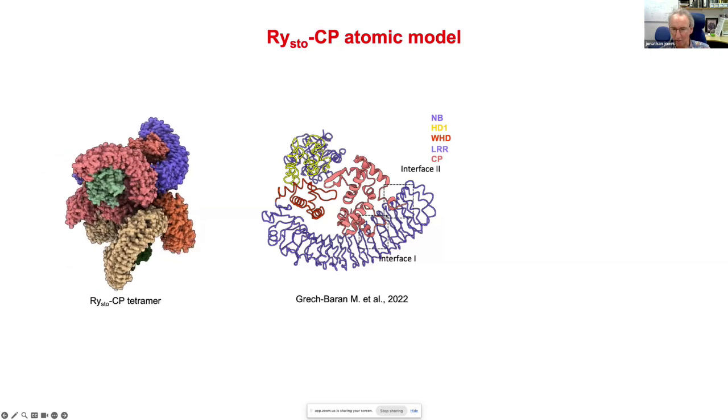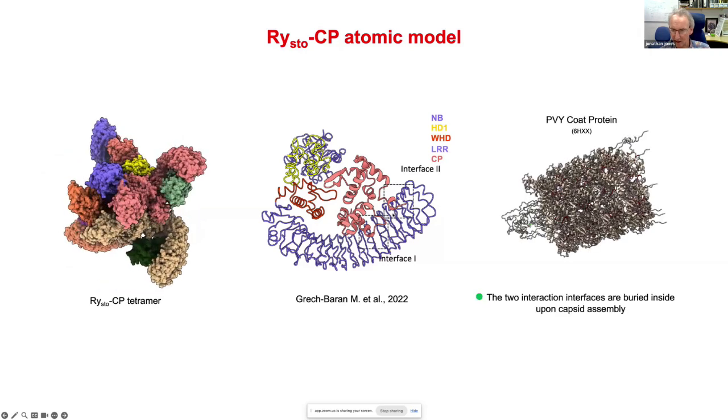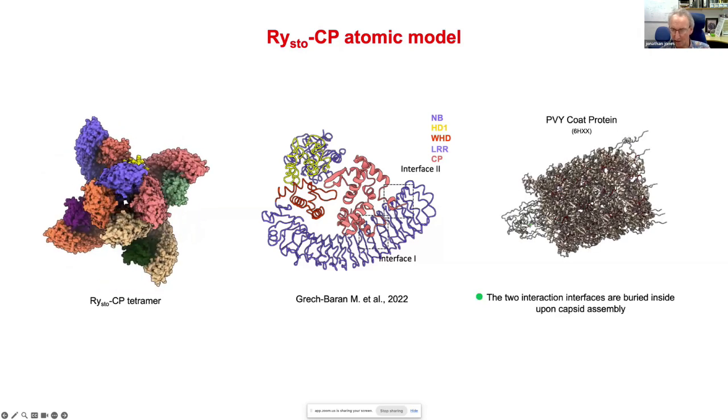Again, there's a couple of interfaces that we've defined. PVY itself, once it forms virus particles, the recognized bit is buried. But as soon as this enters a plant cell, it unfolds itself, and so you've got free coat protein that can be immediately recognized,